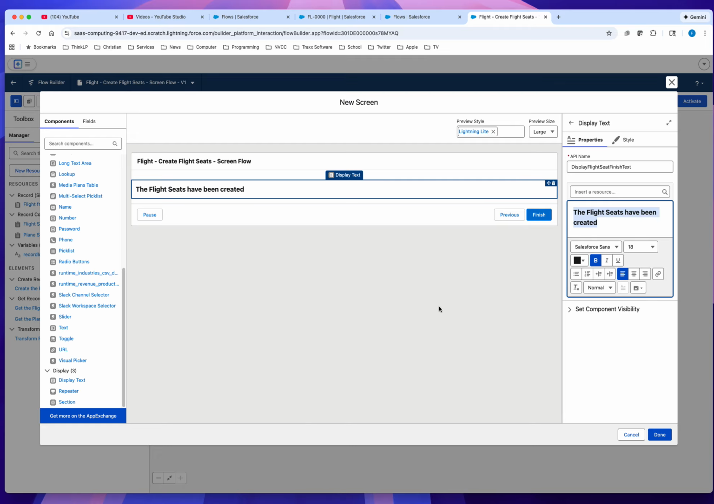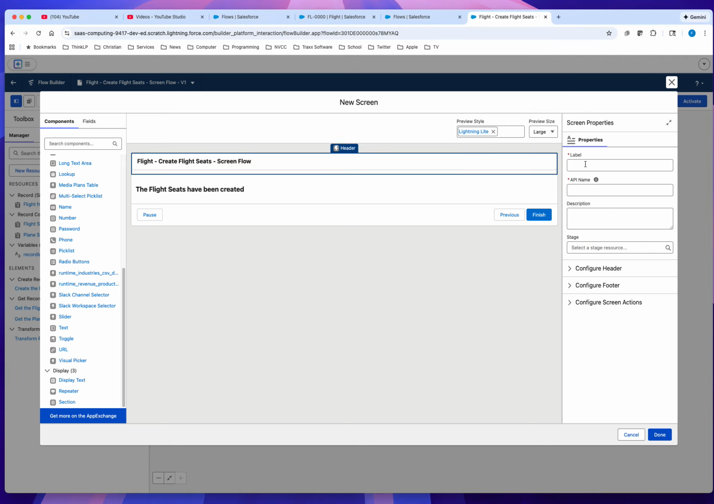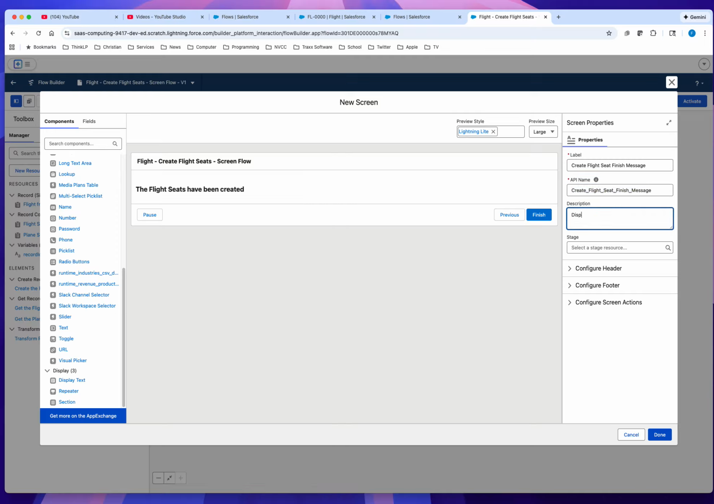Okay, some of the other things I want to do is remove these buttons, because these buttons really don't belong here. But before I do that, let me see if I can put these labels here. So this is just a descriptive label. It says what this screen does. So this is just a create flight seat finish message, and that creates the API name. Displays the flight seat creation finish